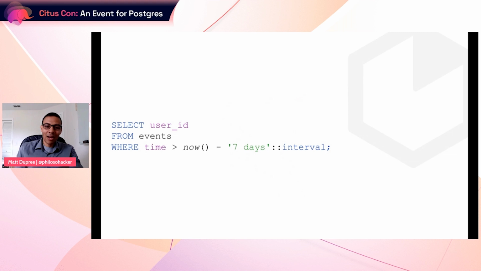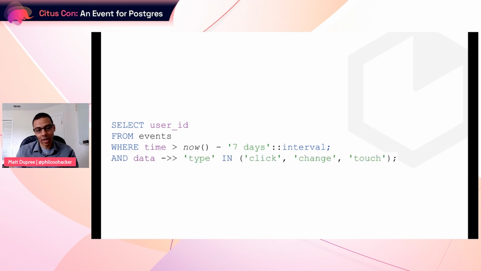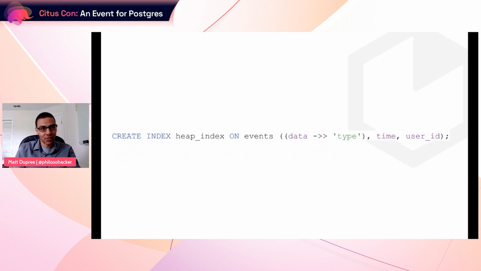Now, let's kind of mix this up here. Let's say that we took this query and we added just another clause to the where statement. And so now we're not just filtering on time, we're also filtering on the type of the event in the events table. Heap captures lots of different types of events: clicks, field changes, touches on mobile devices. And let's say we just want to filter down to those 3 different types. Now, if we wrote a query like this,